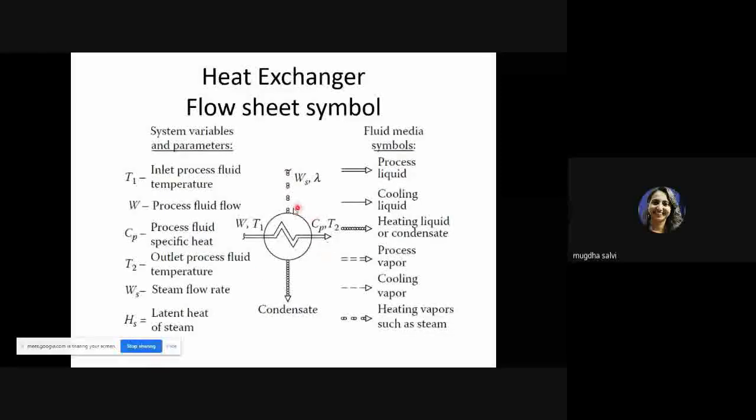So see, if you look at this diagram here just now, what do we have? What can we vary in this diagram so that we can achieve temperature control? Say I want to control T2, this temperature T2, the exit temperature of the process fluid. I want to control this. If I want to control this, which parameter can I modify so that I can get T2 at a particular set point? Anybody? Please answer.